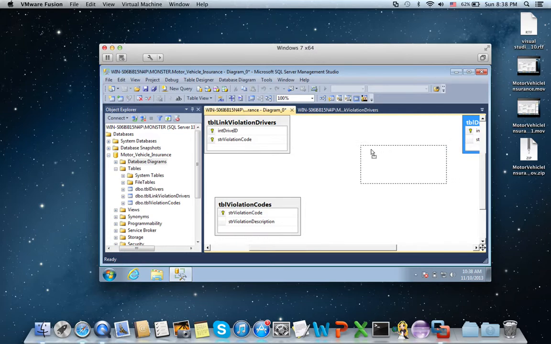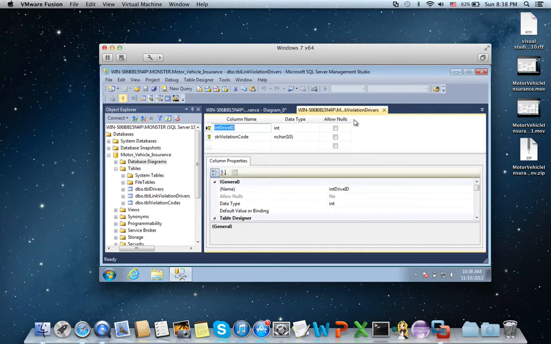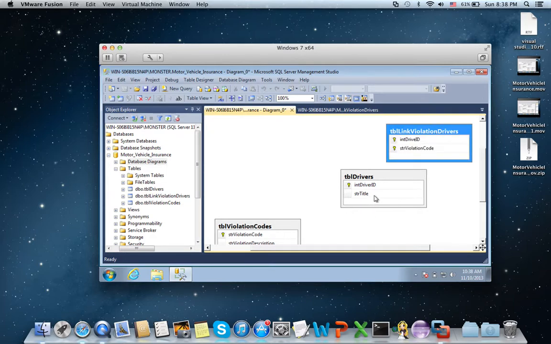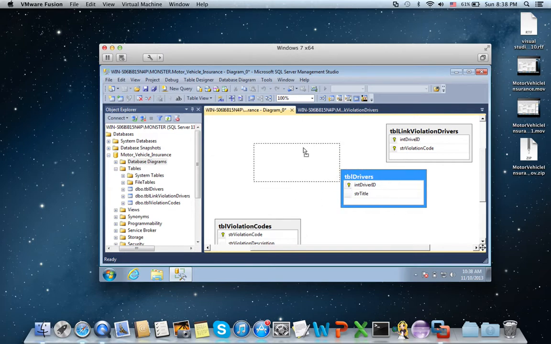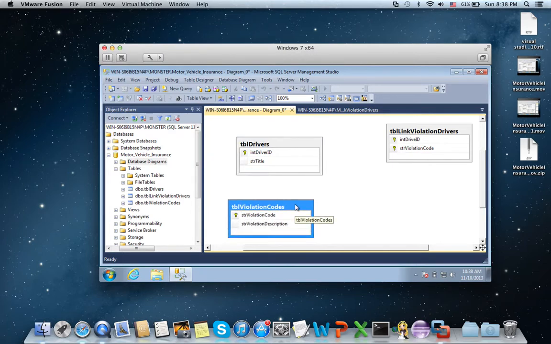Okay then, so let me have a better visual arrangement here so you can see what we're doing. I drag this one here, okay, and I put this one here. Oops, sorry. Put this one. I'm recording as well, and we have some reduction to the speed. Okay then, so we have these 3 tables.